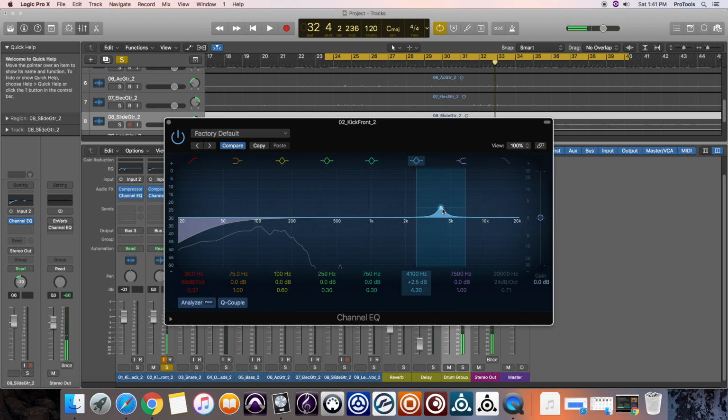So somewhere around here, I'm not going to say that's absolutely perfect, but generally we're looking for something that's just above the vocal that gives us a bit of click on that drum. So the combination of these two